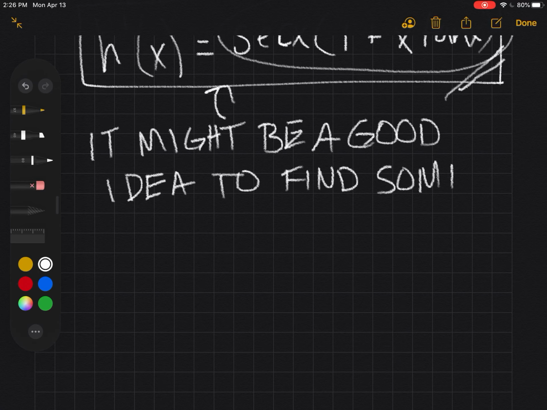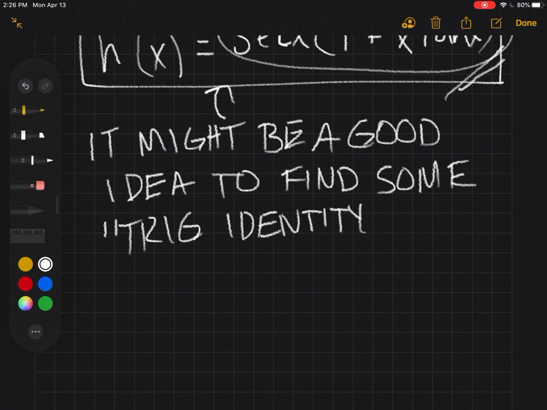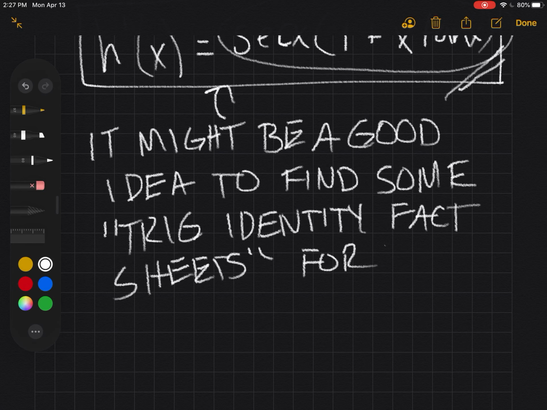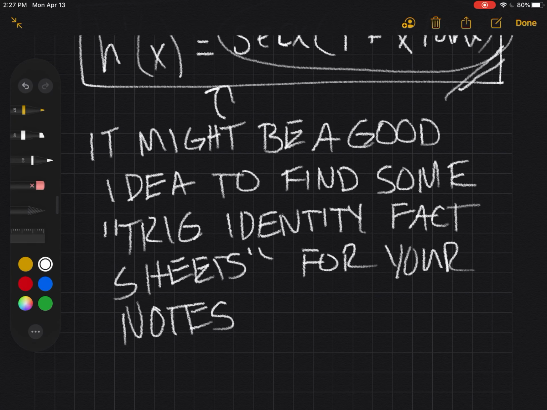So it might be a good idea to find some trig identity fact sheets for your notes so that you can start to practice using those trig identities to simplify and change